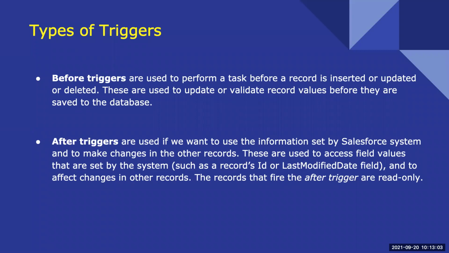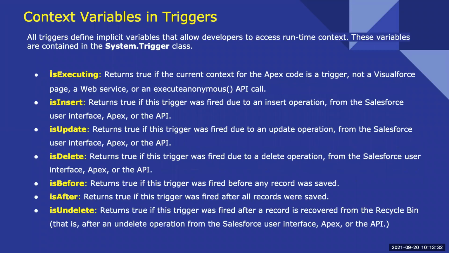And as simple as that, the basic rule is that the record which is firing the after trigger is read only. Say I'm updating an account, then you cannot modify that account, because it's simple to understand. After trigger means after a record is already updated. That record is already updated in the database, so that cannot be modified. But yes, you can modify the child objects or the other objects.